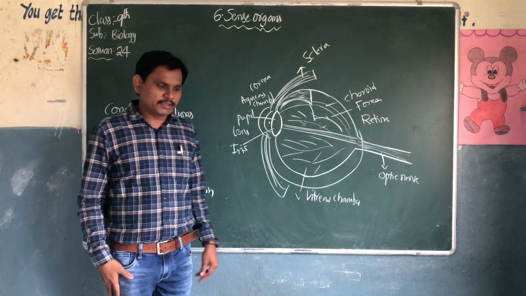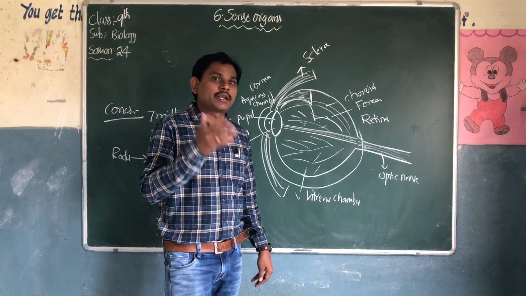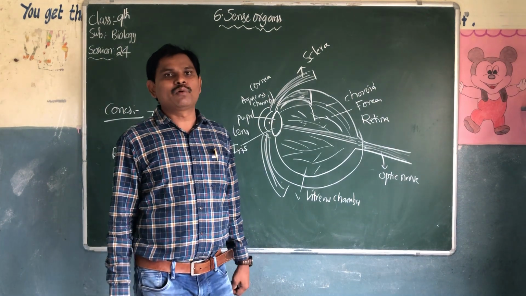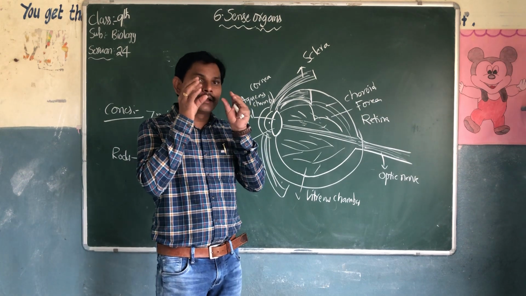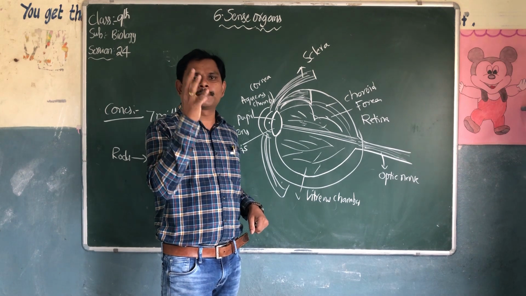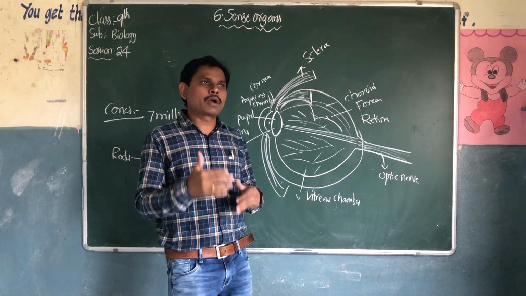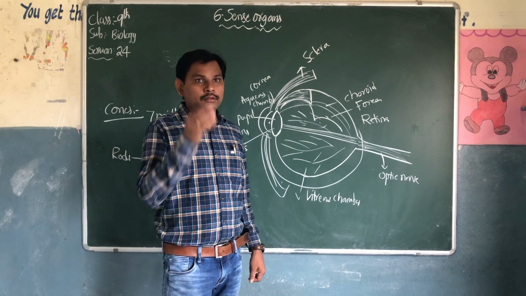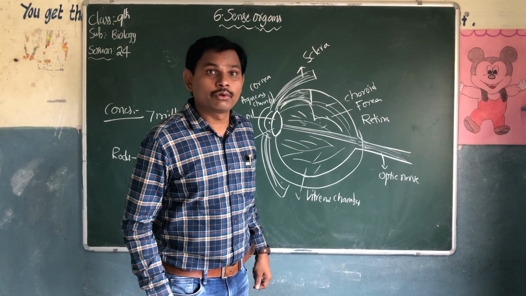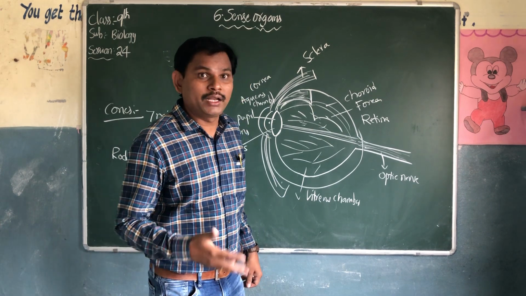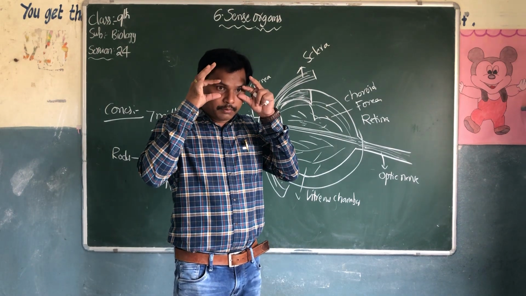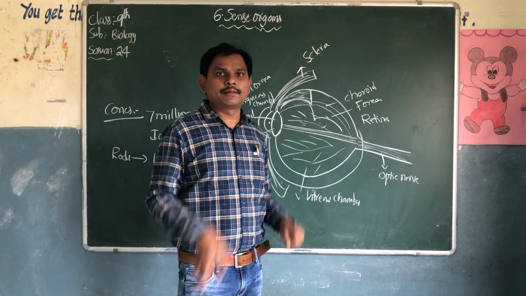What are involuntary and voluntary movements? Involuntary movements are not in our control. I think we already discussed what voluntary and involuntary movements are. The pupils make involuntary movements. When you enter the dark room, the pupil size increases. When you come from the dark room into the sunlight, the pupil size decreases. There is no need to let in more light where plenty of light is there, but in the dark room we have to stretch the pupils and increase them more.